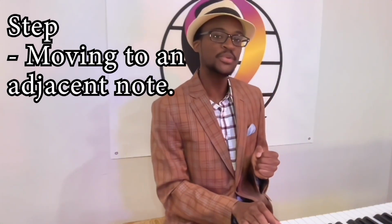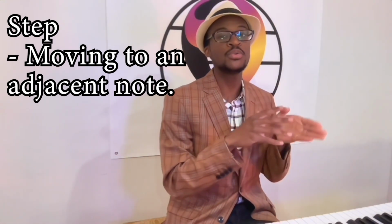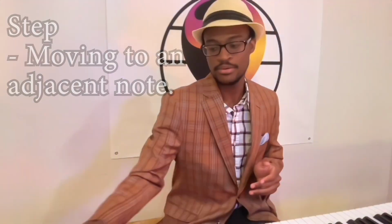Excellent. Now, instead of stepping to the next note, we're going to jump or skip or leap to the next note. So we're going to do what we call a skip to the next note. In music, we call it a step when you're moving to an adjacent note. For example,